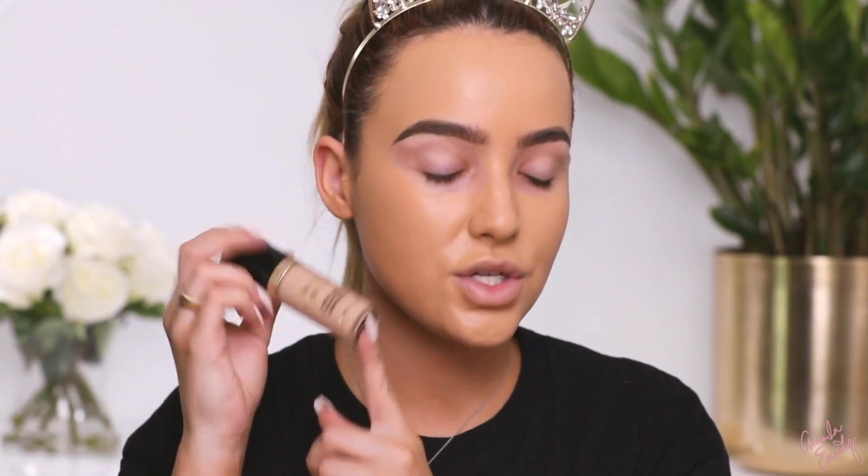I'm going to be using the Too Faced Born This Way. This is the new multi-use sculpting concealer. I used this in my last video and literally fell in love with it. It's so good and it has so much coverage. So I'm going to take the shade Warm Beige, which is this color, and then I'm also going to add